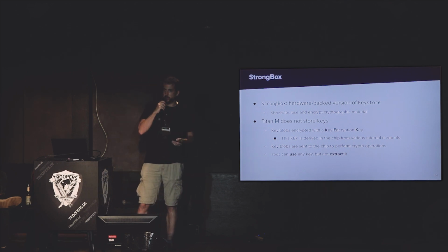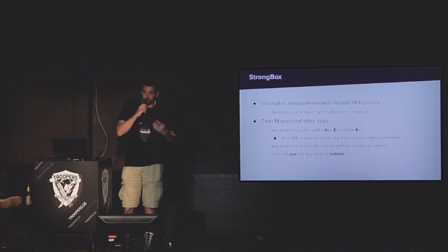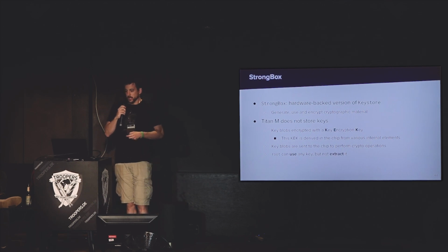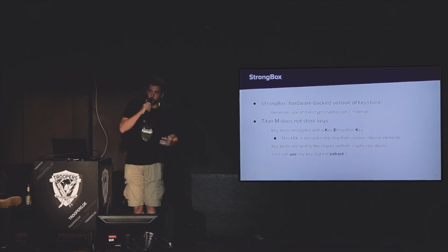And this key blob is encrypted by the Titan with a key called the key encryption key. This key is derived from several internal elements inside the chip, so we will come to that in the next slide. Whenever an application wants to use a key blob, it will send it, not directly; in fact, there are daemons in Android that will do that for the application. So the system will send the key blob to the chip,